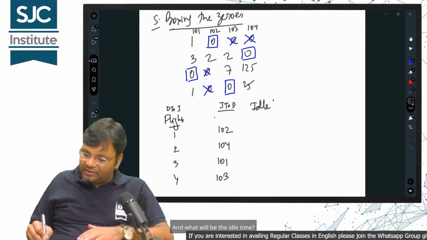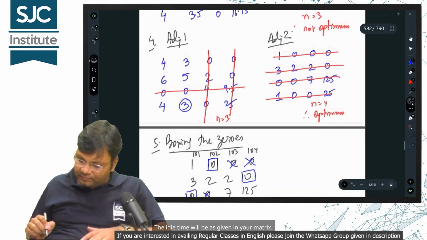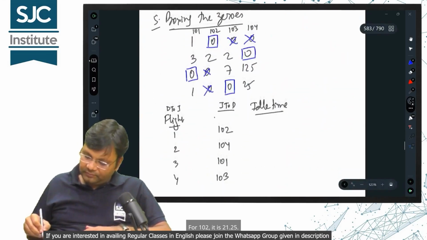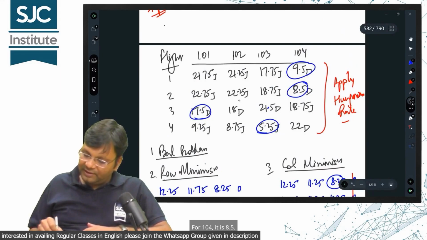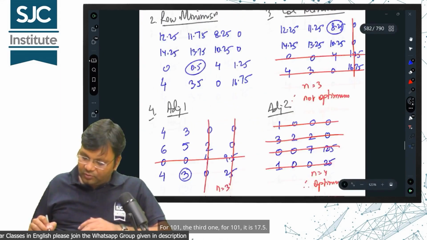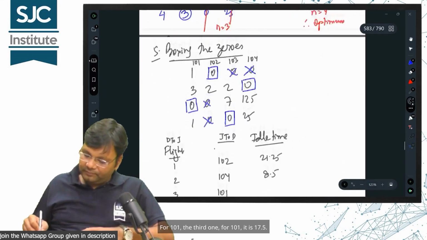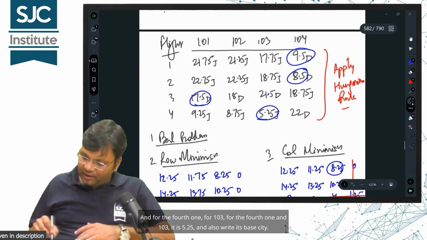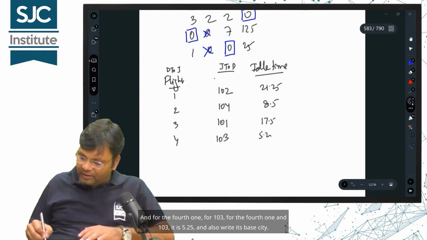And what will be the idle time? The idle time will be as given in your matrix. For 102, it is 21.25. For 104, it is 8.5. For 101, the third one, it is 17.5. And for the fourth one, for 103, it is 5.25, and also write its